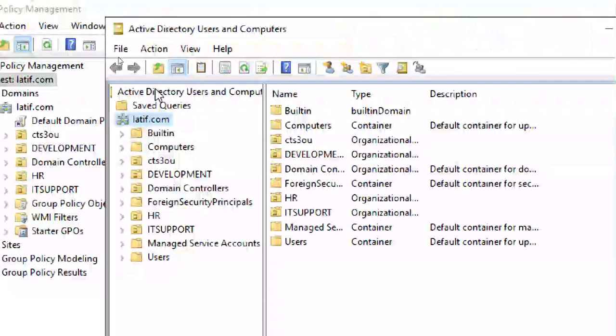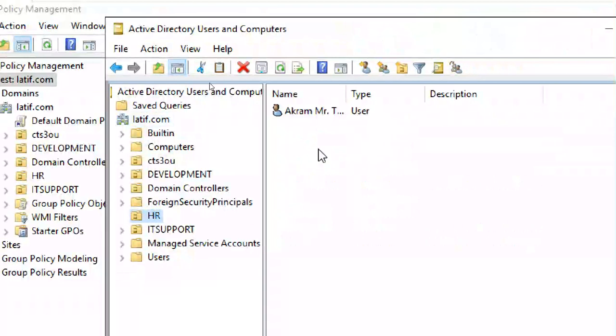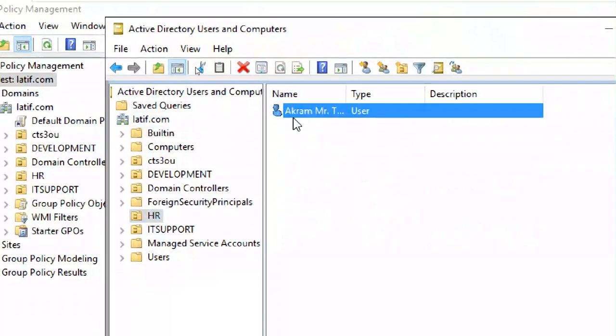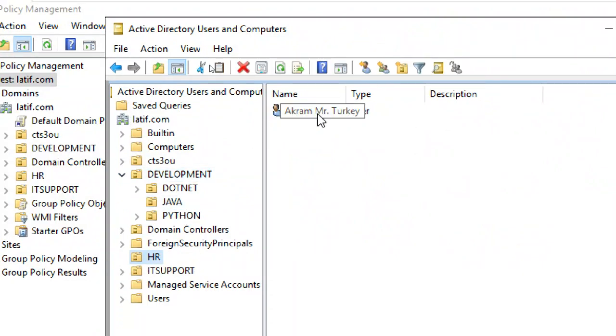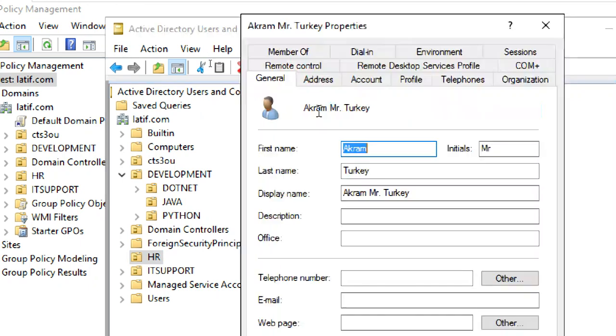Now I'm going to other users. Yeah, here is one user, Akram. Maybe I created other users here? Pratiksha is also there. So we'll go for Akram first. Open account.